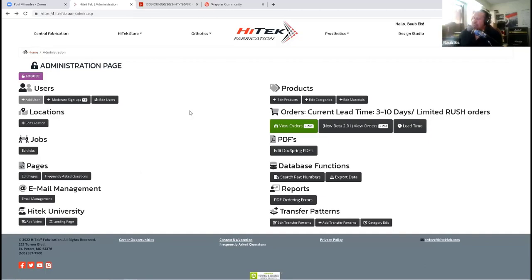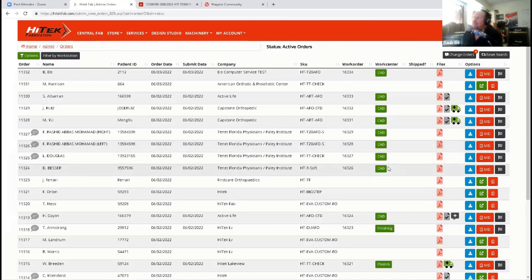It creates a work order, and we track it through the work order. Then that creates a sales order, and once we close it out, that creates an invoice, and the invoice then goes to QuickBooks.